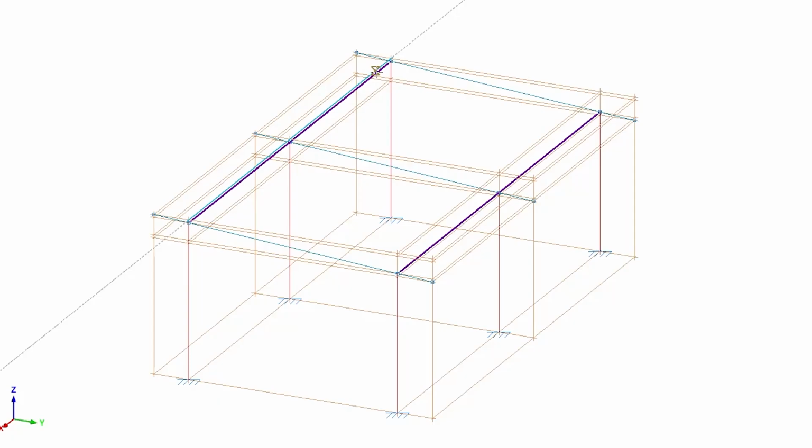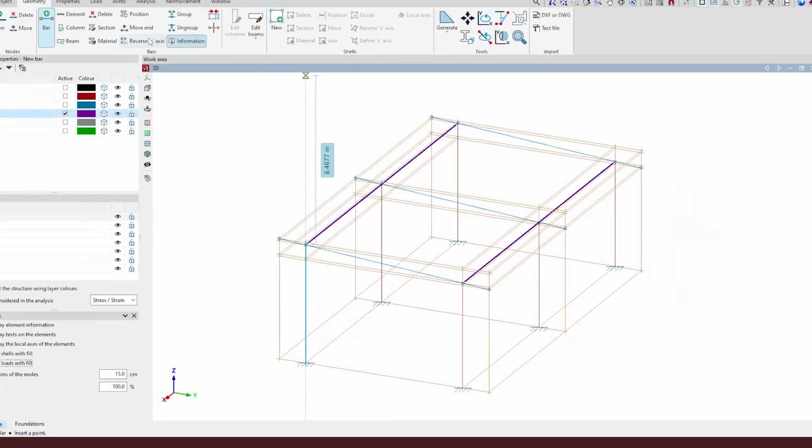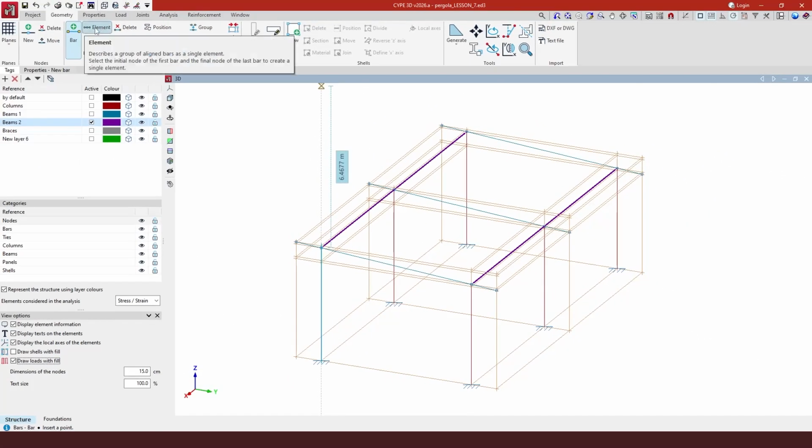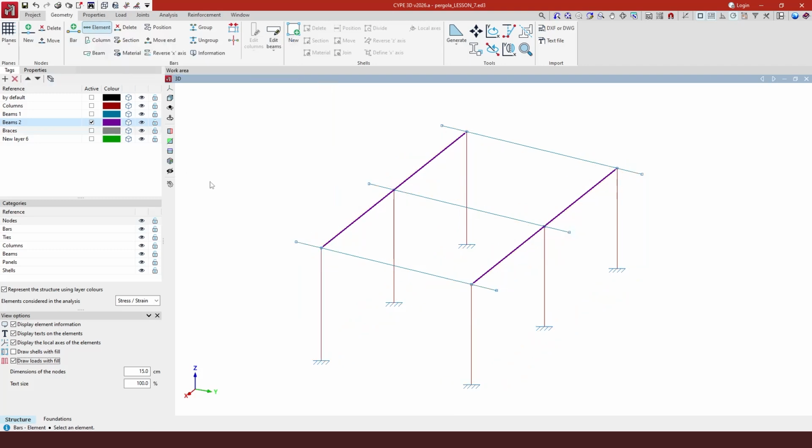If this is not the case, which is our case, it's not going to be its entire length. We have to select what is going to be the element. So by clicking in element and selecting the node in which we want to divide this bar, they will automatically